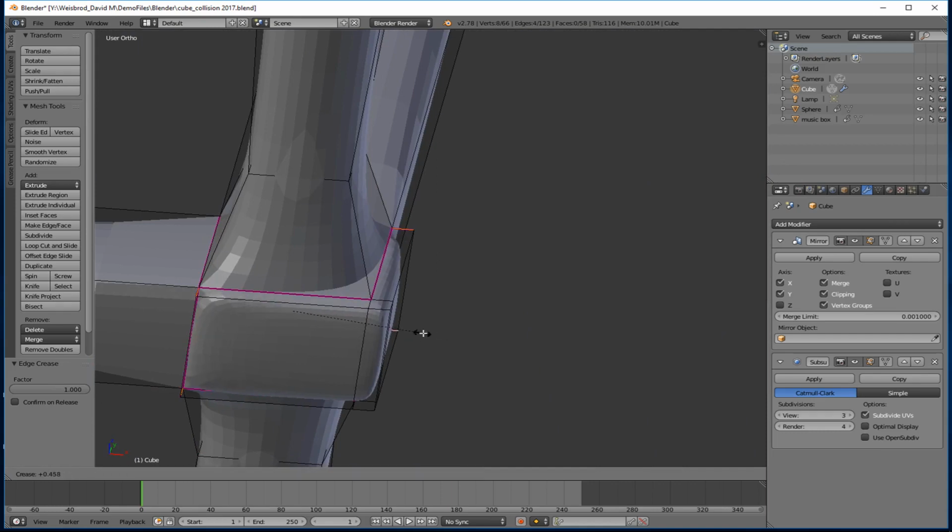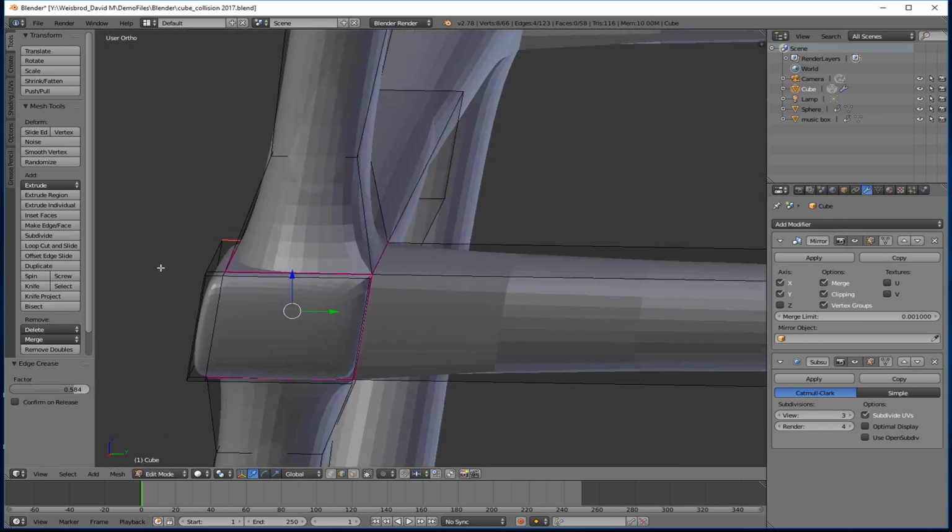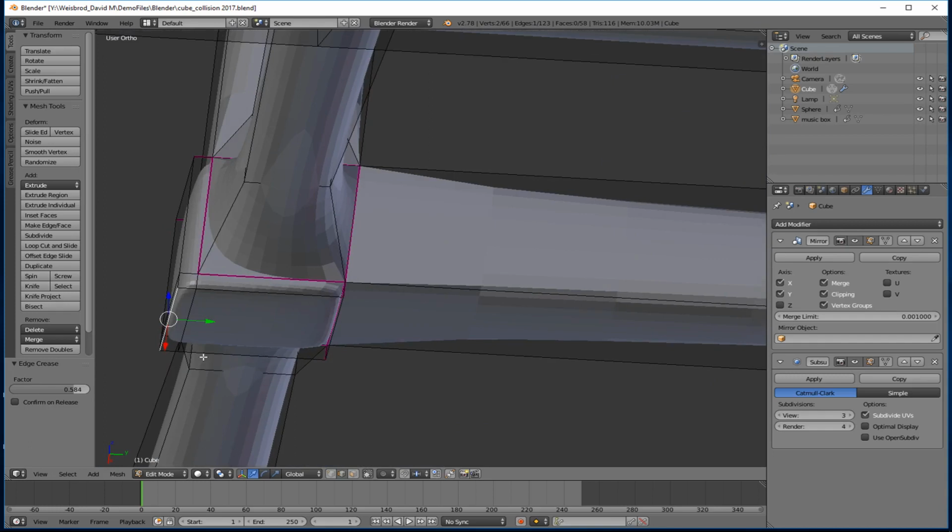Shift E, and now if I make the edge crease really high, you can see how the corners kind of come together. If I don't, I can bring something that looks a little bit like that. That looks pretty good. And then I can do the same thing with this corner if I wanted to, Shift E, and I can crease it